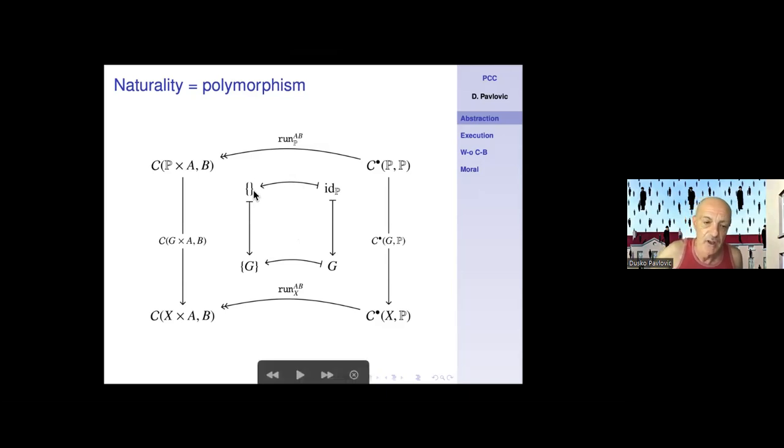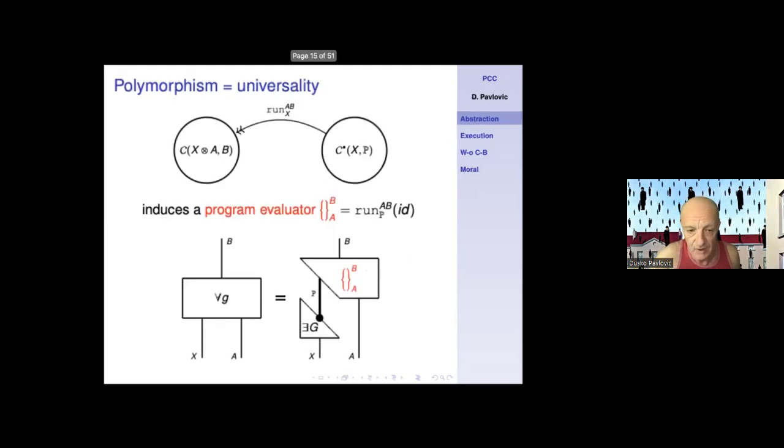So we have the program evaluator, which is the image of the identity on P along run P, so that for any X-indexed program G, the image along run will be its evaluation along the image of the identity, which I denote with Kleene's curly brackets. This is the program evaluator. So here's